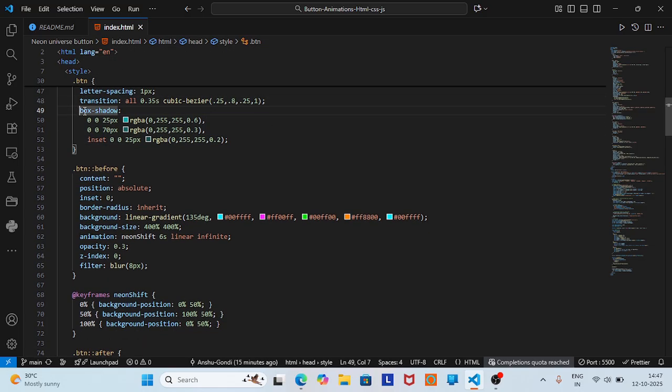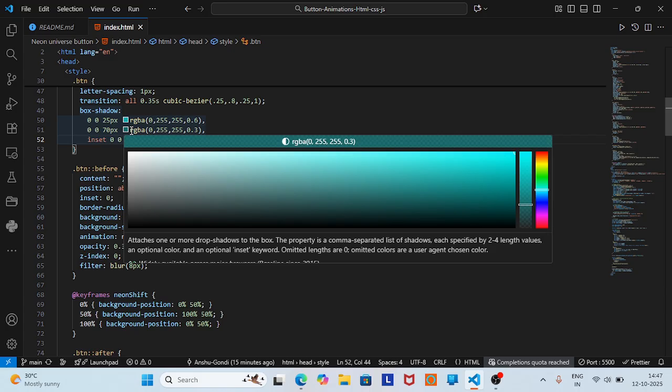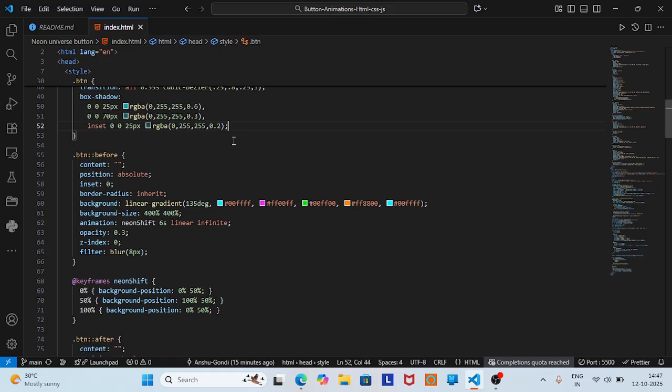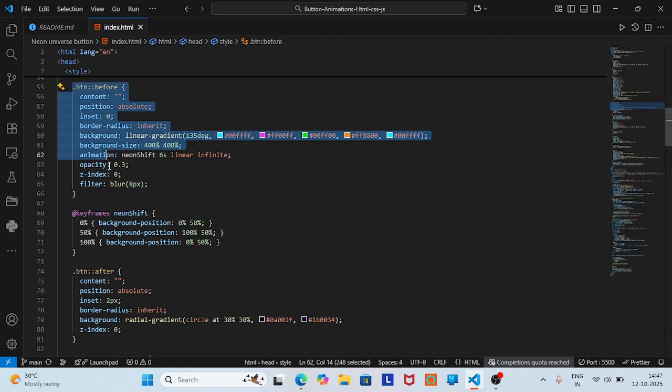Okay, and then I have defined the box shadow as this: 0 0 25 pixels in cyan, then 0 0 70 pixels in a translucent cyan, and then inset, internal, a little bit in cyan color. Okay, and then for the before, if the button has not been taken out or has any animation,